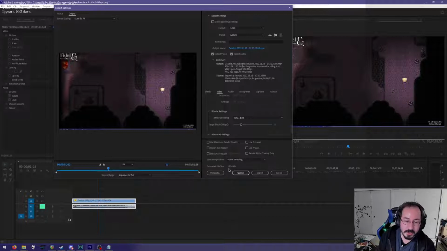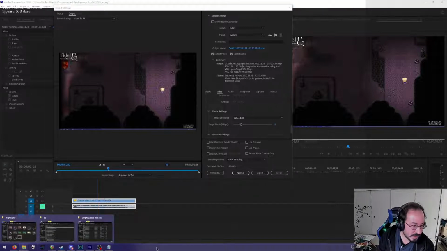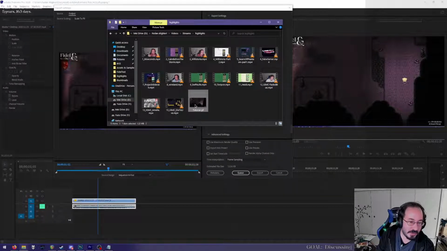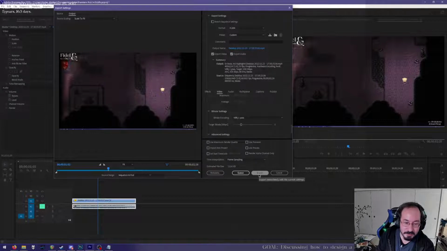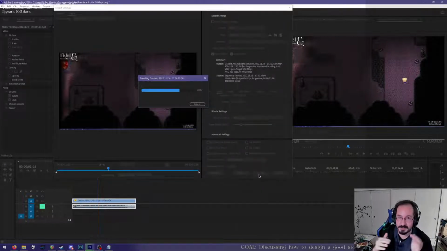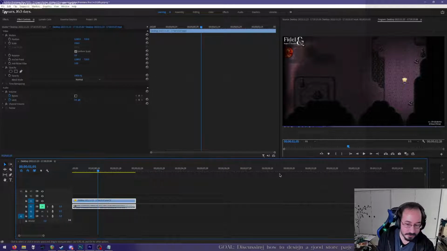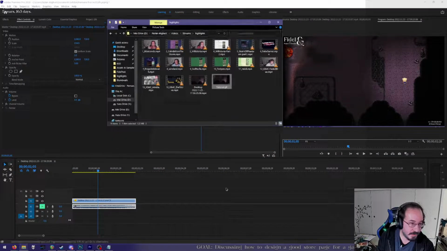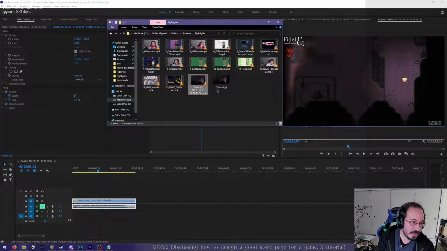You can see down here, I don't know why Premiere does this, but with an actual video file, it gives me an estimated file size of 1,224 kilobytes, which is about 1.2 megabytes. And if we look here, oh, look at that, 1.22 megabytes for this GIF. So you can see it's basically the exact same in file size. So there we go. We've rendered it out. And we have the GIF, which is 1.22 megabytes, and